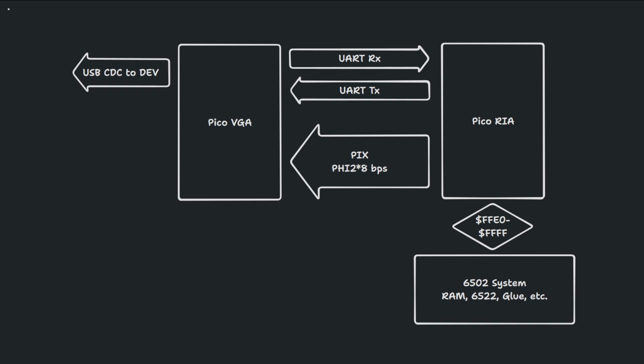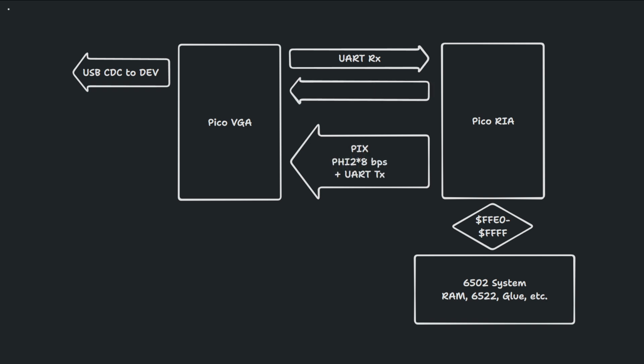Now, looking at this diagram, think about how the VSync signal could get from the VGA system to the RIA. We need it on the RIA since the 6502 doesn't talk directly to the VGA system. If your instinct is to use the UART receive line, then consider you'll lose bandwidth to a framing protocol or you'll have to sacrifice a control code. But there's a better way that doesn't put a kink in the hose. The PixBus has a framing protocol that supports multiple devices, multiple channels per device, and multiple registers per channel. It's fast enough that the UART data disappears into the noise.